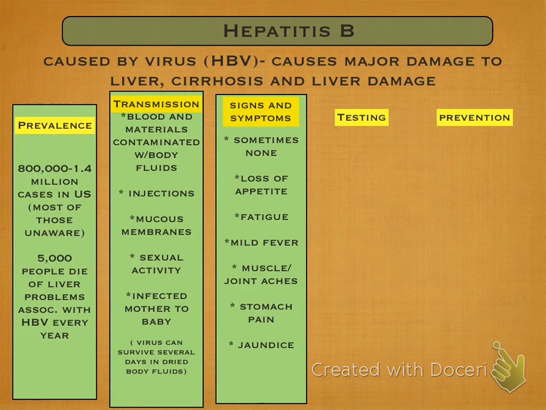Now, where have you heard of jaundice in another situation? Babies. Sometimes babies are born with jaundice because their liver hasn't fully kicked in and started filtering the blood yet. What do you do for babies who are jaundiced? And by the way, they do not have a disease. It's just that their brand new little bodies hadn't fully started functioning yet. They do not have it. It's just that their liver hasn't started filtering yet. It's brand new. Everything's got to get going.